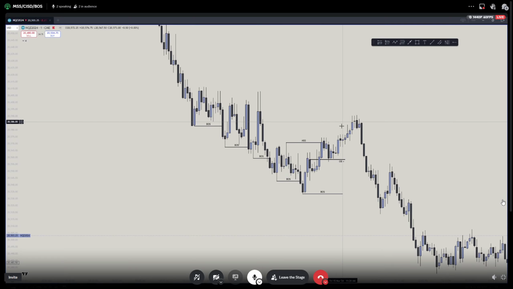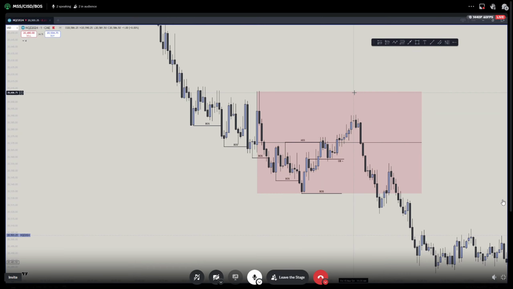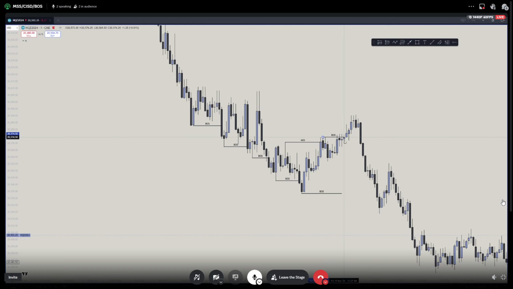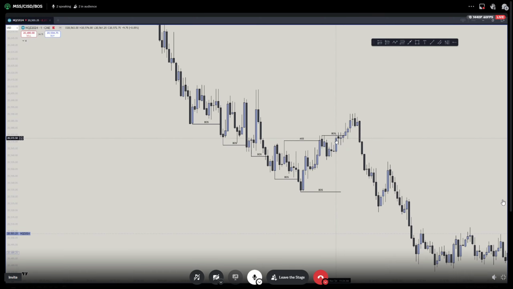Price ends up coming right up into here, which coincidentally becomes the premium of the range before shorting. We can see we end up doing something like this. And since we ended up making this new high here, we have a new market structure point here where we have to break. Something I would consider for you guys when you're looking at breaking structures is when you have a whole bunch of wicks before the body closes above,